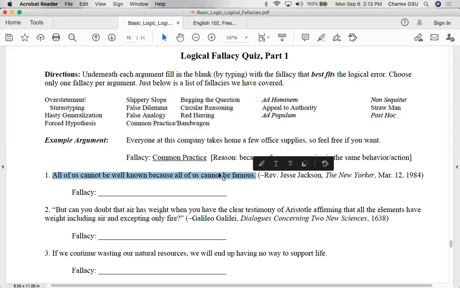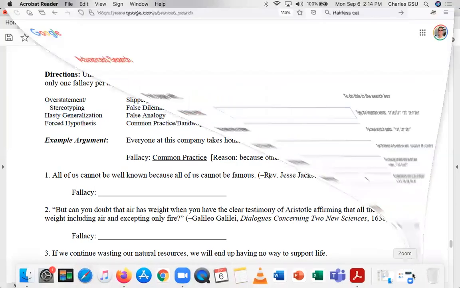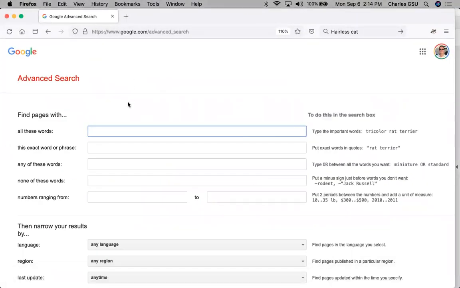So this is why I wanted to do this video lecture, because logical fallacies are in effect word problems. Like if you think of math word problems, right? You have to kind of abstractly put together the formula and then yield an answer. And I want to help you guys learn how to do this, because